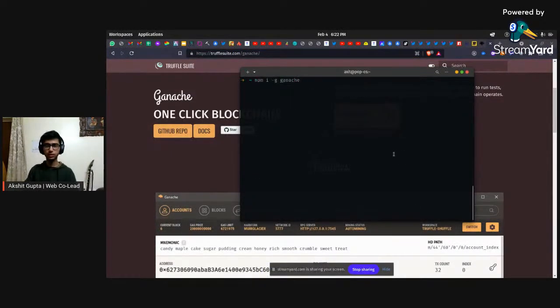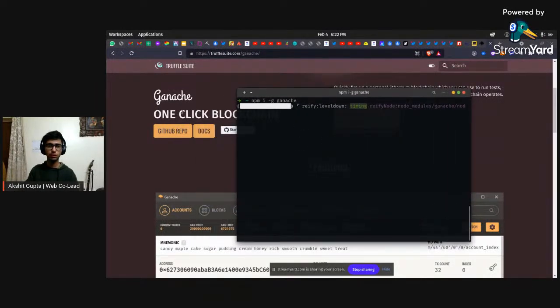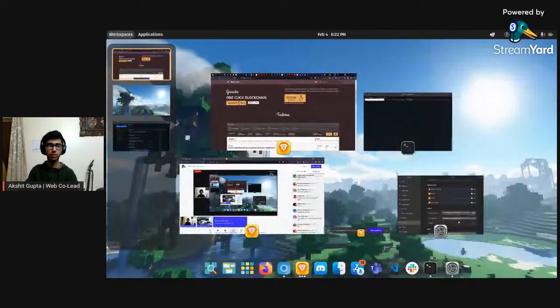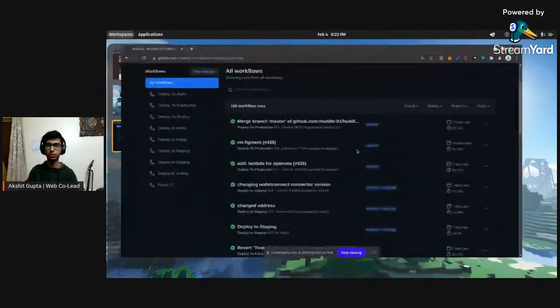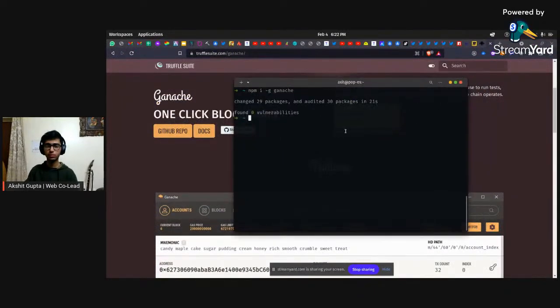Yeah, so you can just run this command to install it on Linux. And it will install in a second or two. So yeah, we have installed it, and now you can just run the command ganache